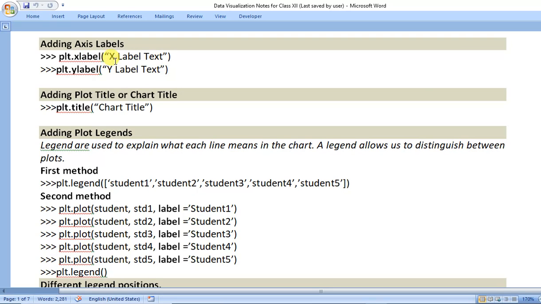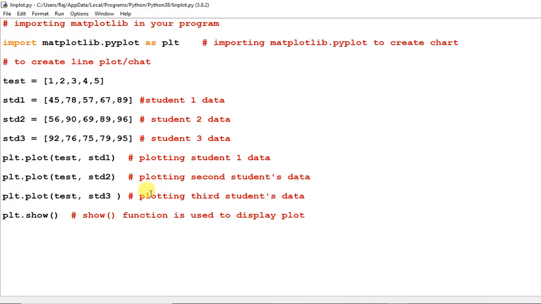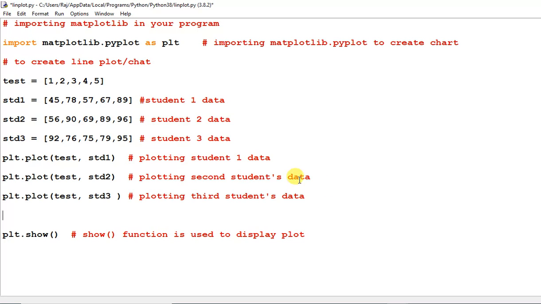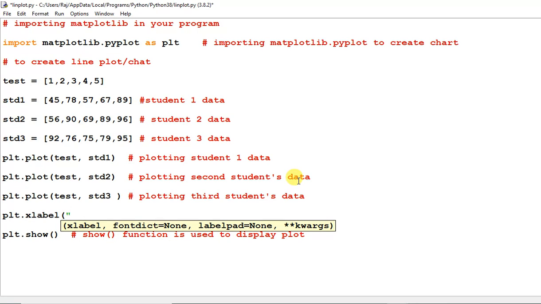So with plt.xlabel we can set the label here, and if you want to set the y-axis label, you can use this function to set the label of the y-axis. Let me change it here: plt.xlabel, and the x label is "test".